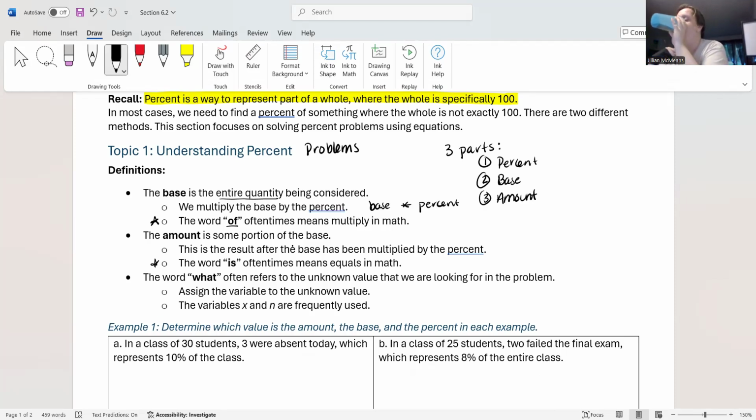Hold on. Sorry, I got a piece of ice when I took that sip. Okay,